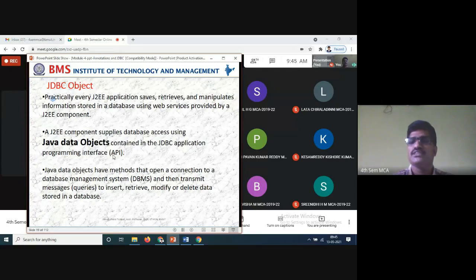Previously, whatever programming we have learned, in the majority of cases, with C and C++, we used files very little. Before files only, we closed our syllabus. So we didn't save the information anywhere. Now onwards, what do we have to do? We have to store the information, and we have the front end also here.